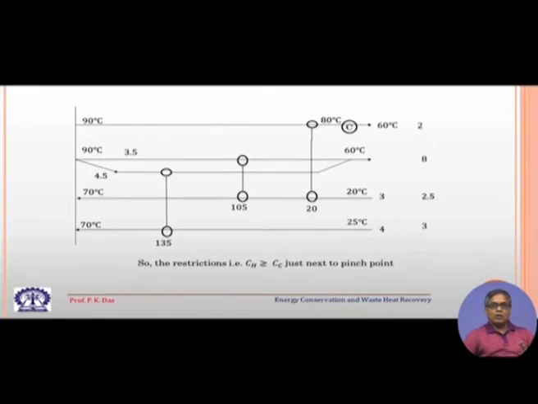What we have got? We have got the minimum amount of cold utility to be used. We have got the minimum amount of hot utility to be used. We have got the stream matching, that is, which stream has to be matched with which other stream. We have got also the number of heat exchangers to be used, number of heat exchangers between streams, and number of utility heat exchangers to be used. So, all we have got, and that brings us to the complete solution of the heat exchanger network.